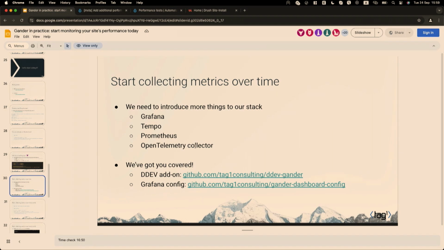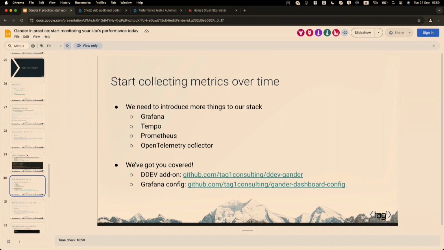The first way can be done if you're running standard Drupal JavaScript tests, you can do the first approach without any issues. If you want to do the long-term collecting of performance metrics,